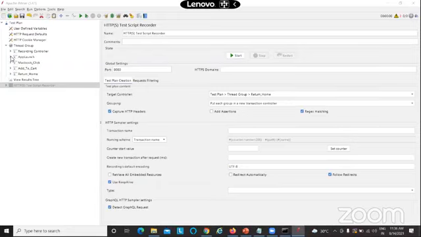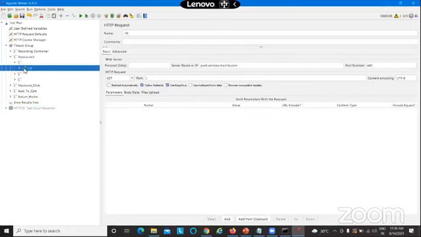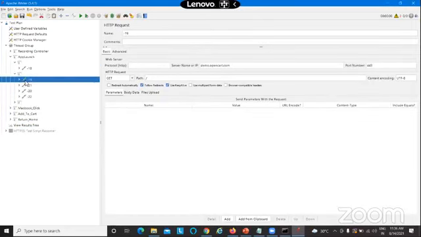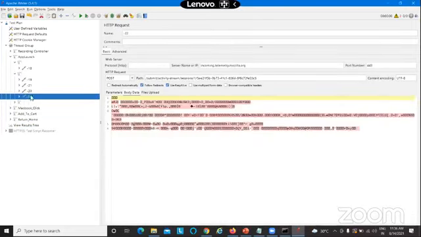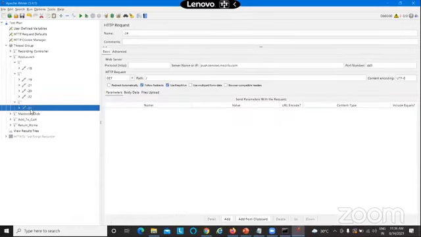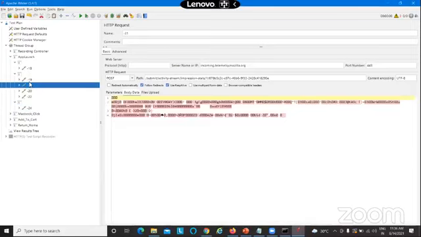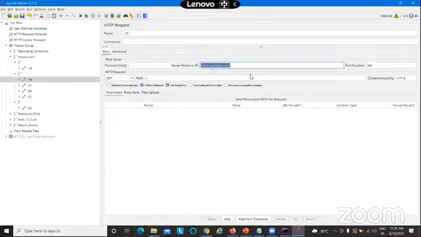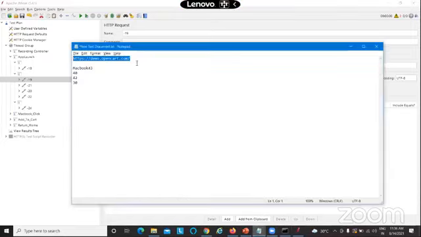If you look at it, you could see that there are so many unwanted requests. Those are because I have so many plugins in my Mozilla, and all of them will be interacting with it. Out of all these requests, if you go to the app launch request, we can see that this is the demo OpenCart page, and this is the URL that we have hit. Each URL in JMeter will be split into different sections. As you know, if you have a request like this, for example, I'm adding one more thing here.